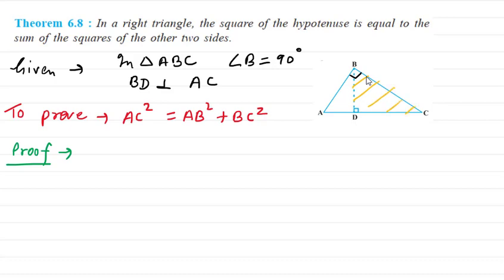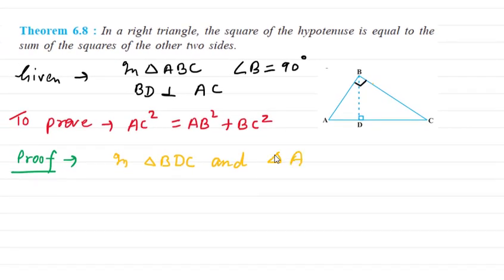Okay, so first I will take the triangle BDC and the bigger triangle, that is your triangle ABC. So I'll take the smaller one BDC and then I'll take this with the ABC, the given triangle. Now let's see, these we know already are similar, so you can write it directly also, or else